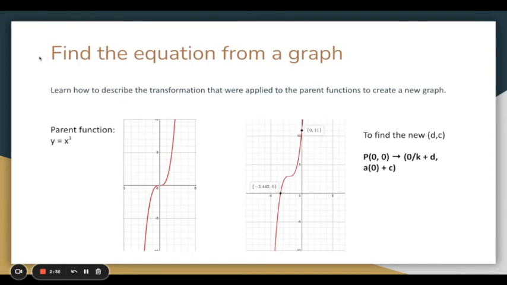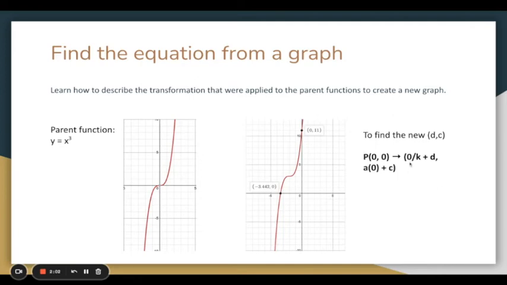So next we would learn how to find the equation from a graph. This is my example right here. We need to learn how to describe the transformation just by looking at the graph given and creating our own equation at the end. So this is the parent function, y equals x to the power of 3, and this is my graph after transformation. In order to find the new DC, we have to use the formula previously mentioned earlier,